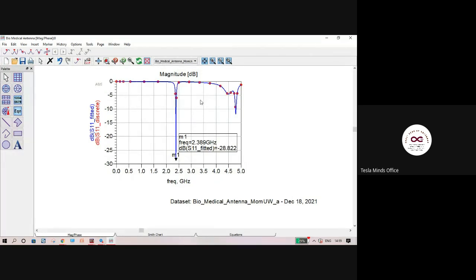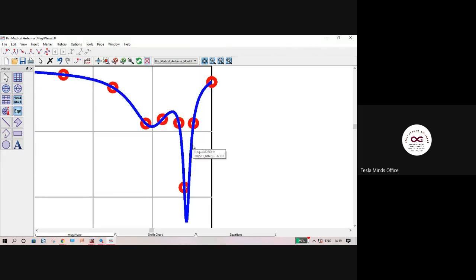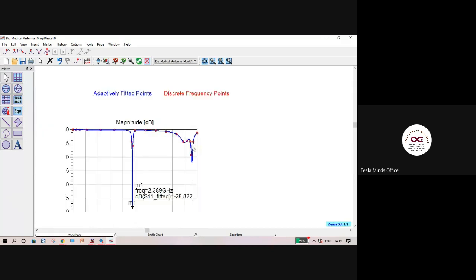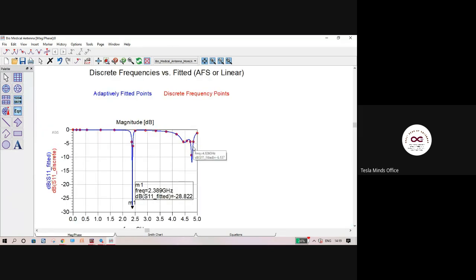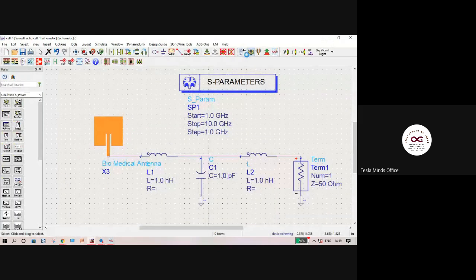Here you can see some unwanted frequencies are starting to resonate. We want to avoid these frequencies, so for that we have to include the filter. Maybe that will be a very good use case. I'm not guaranteeing, but let's see. I'll simulate.